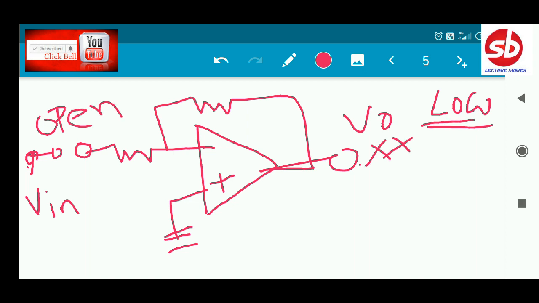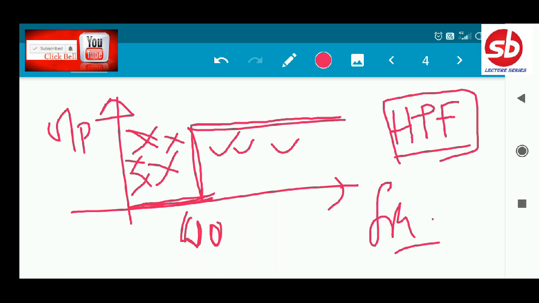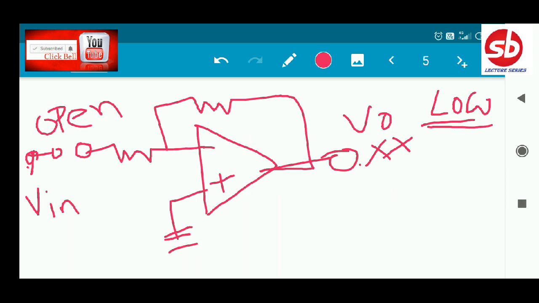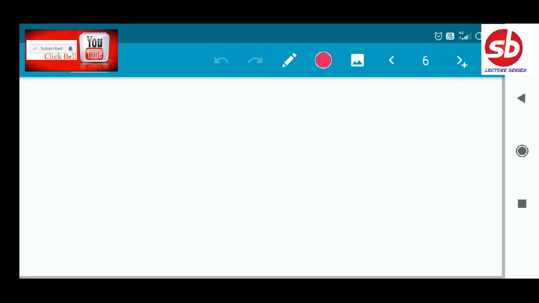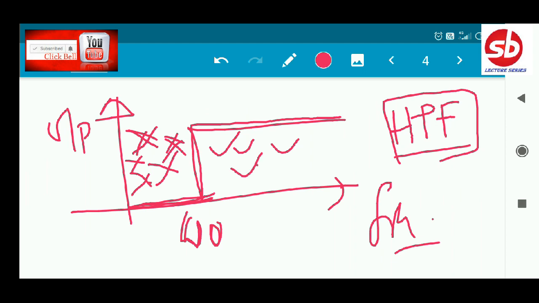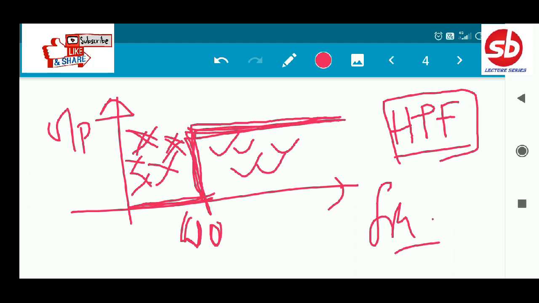So at the low frequency it is blocking the input from coming into the output. So this characteristic is right, it is blocking the output. But at the high frequency, as I have said, you have to just short circuit the capacitor, and check whether the input is coming to the output or not. So after short circuiting the capacitor, you can easily say that the input is coming into the output. So it is passing the input to the output at the high frequency. So this is clearly a high pass filter.